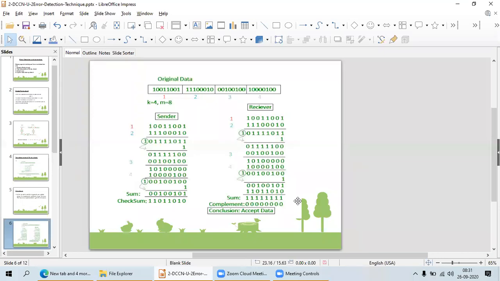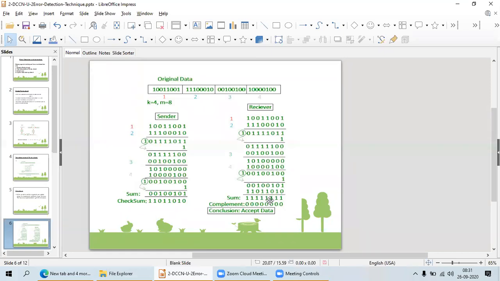At the receiver end, he is going to do the same thing, all the additions. Here you see, after adding the third and fourth words, he is adding that particular checksum, 110111010. He added the checksum also to the resultant.